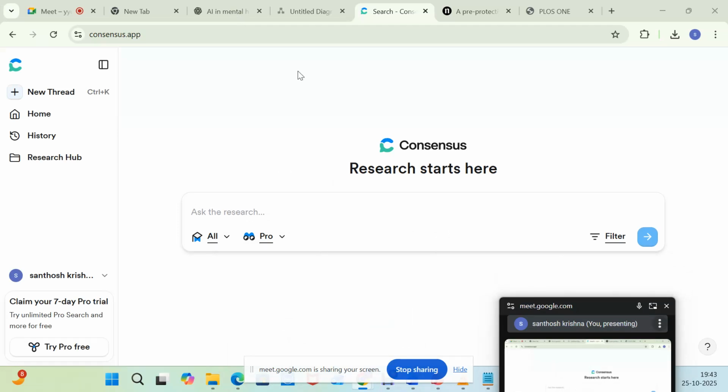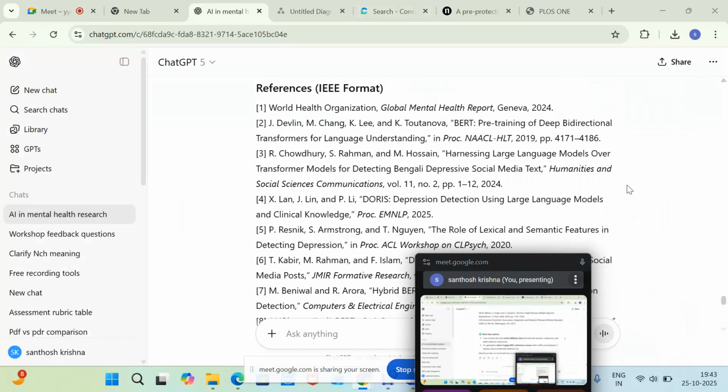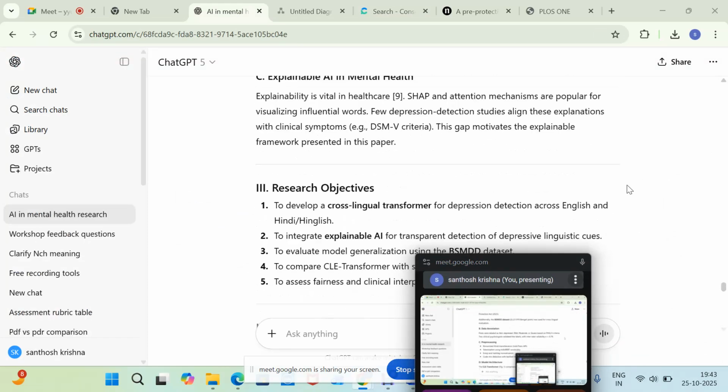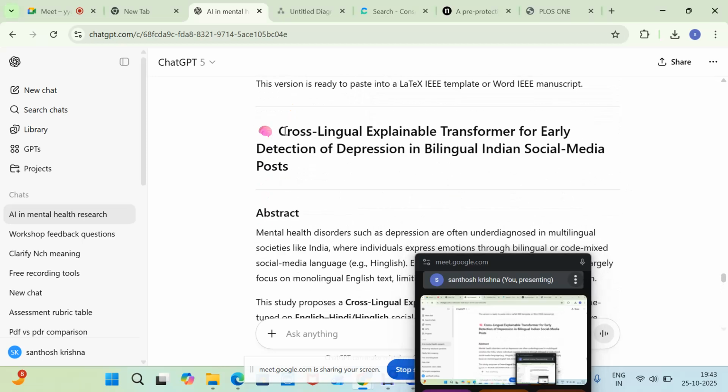See, first we have copied a topic. Today we have copied the one topic that we shortlisted yesterday. The same title I am taking, copying again.